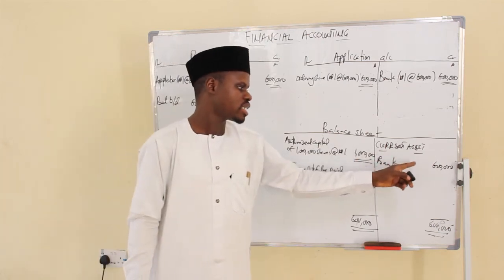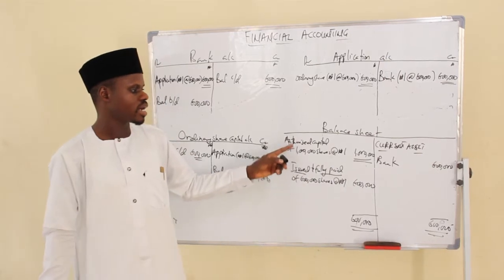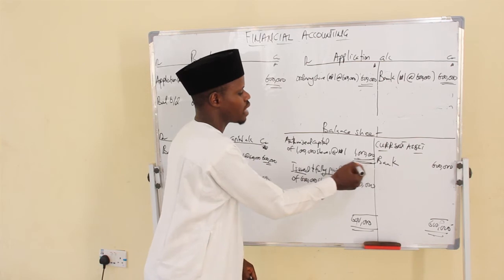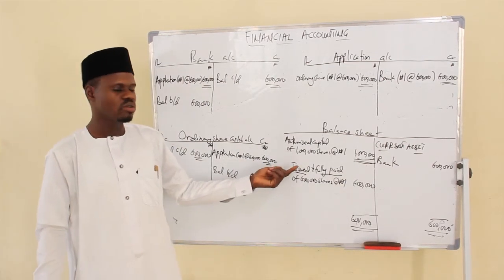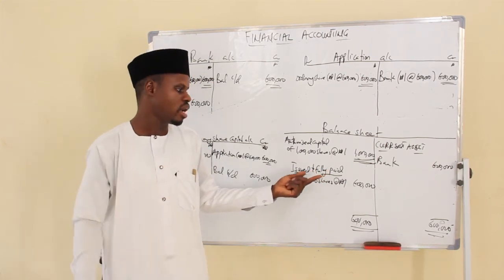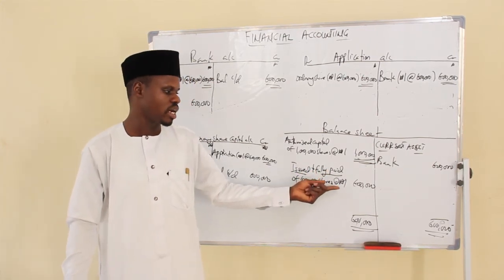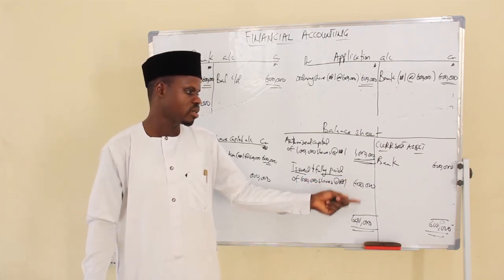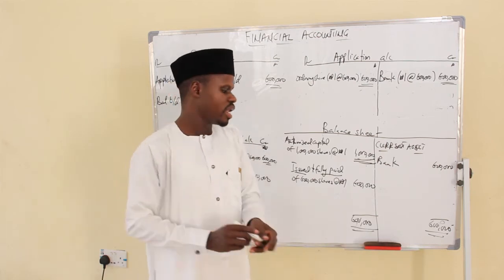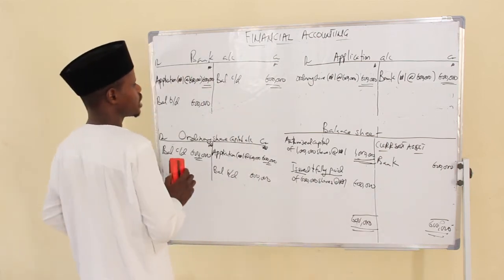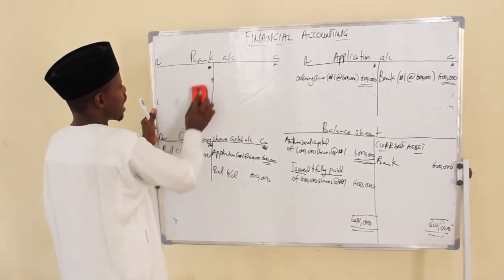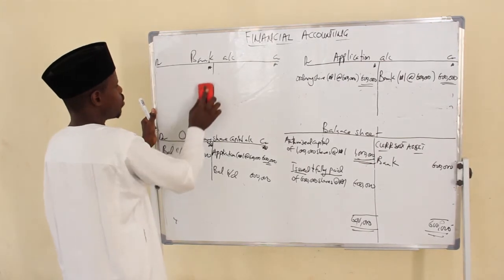On this side, you write the current asset, which is the bank, 600,000. On this side, you write the capital. You write the authorized capital, even though it will not form part of the calculation. Then likewise, you write the issued, meaning the capital that was sold to the public and fully paid, of 600,000 shares at 1 naira each. This will give us 600,000. And we could see that the balance sheet has balanced. Now, this is a transaction where the shares were sold at par, meaning the nominal value was the same